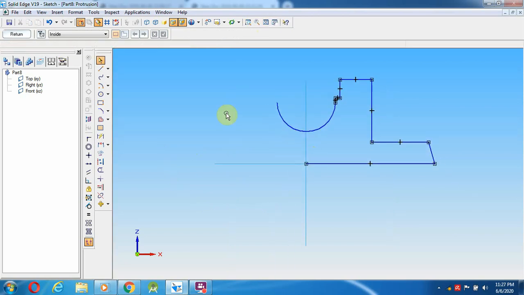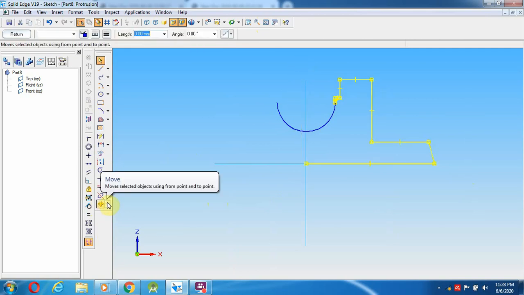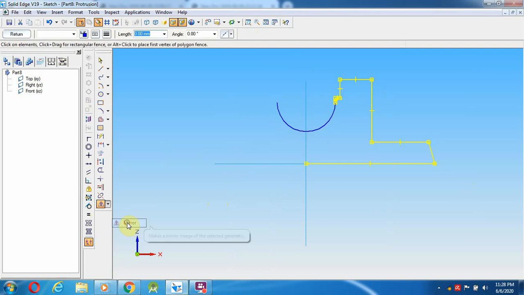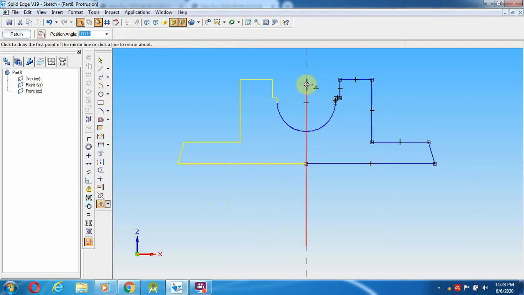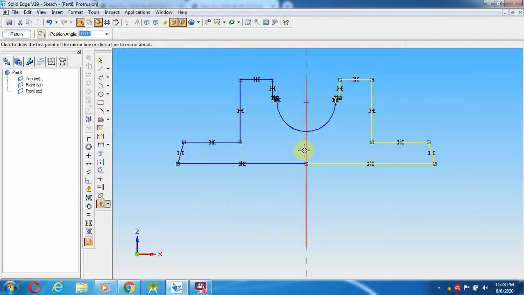Give fit. Select all the things, whatever things we want to move. So with the help of the mirror option, I'm going to select all the things and mirror based on this.